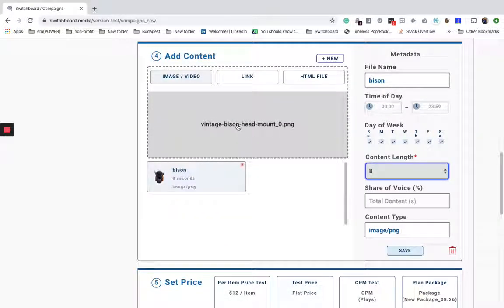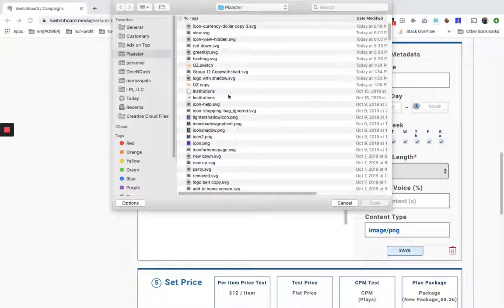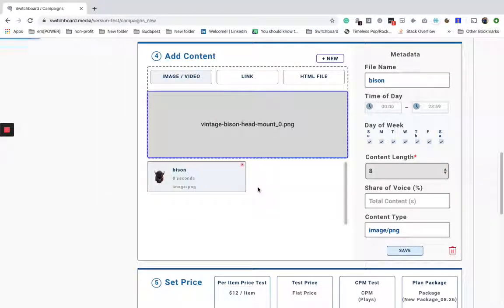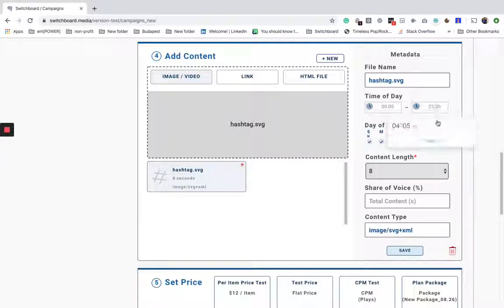We can change the image by just clicking here or dragging and dropping into that section. Now, the image is a hashtag. Nothing else has changed. The time of day is a secondary day part on the piece of content. This allows you to add multiple pieces of content at different times. So for example, if you want to play this hashtag content